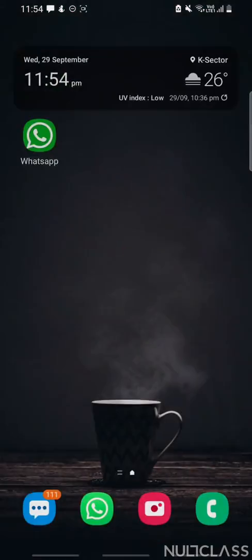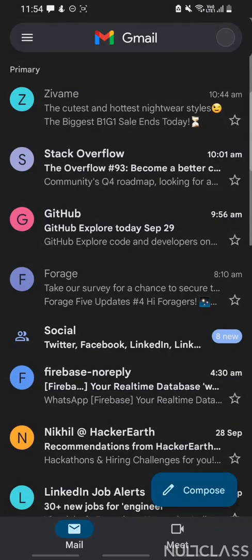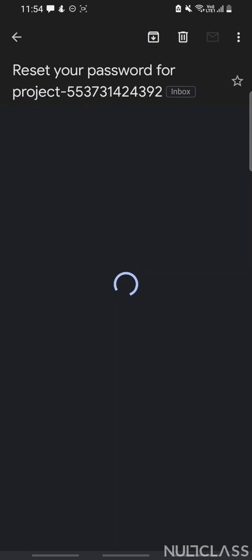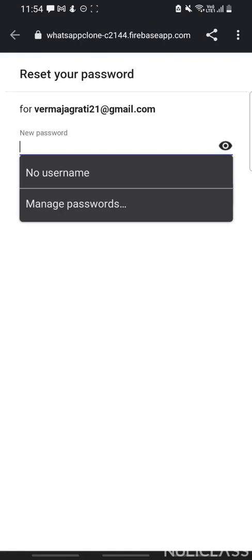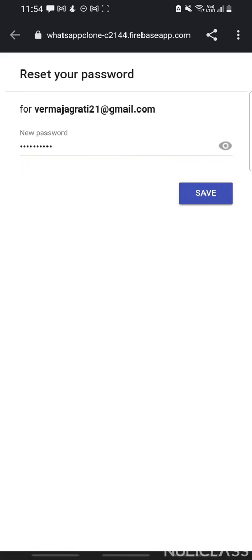So let us go to our Gmail, and here you will see a no-reply mail that says reset your password for this project. When I click on this link, I will type my new password here, and after this I will click on save.